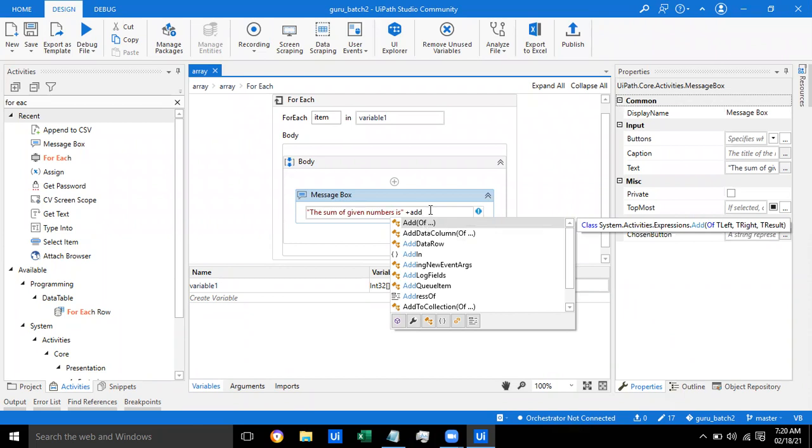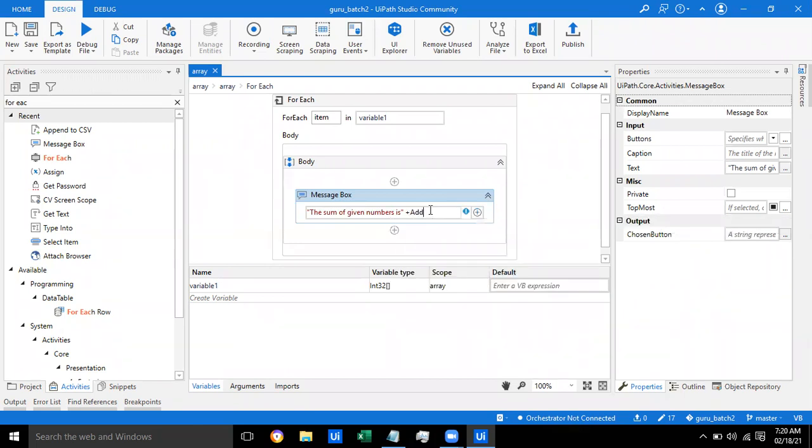Sum. Okay, so given number, you have to say sum plus. Is there sum? No, sum is not there. I just tried. Sum is not there. Okay. Google it, guys. So how to add? Do sum. Then we have to declare one more sum. No, you have to do sum plus item and then to string. That's all. So you have to just add sum, I guess. So now I put sum?